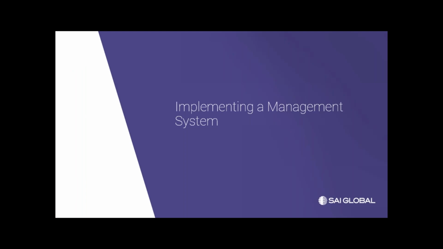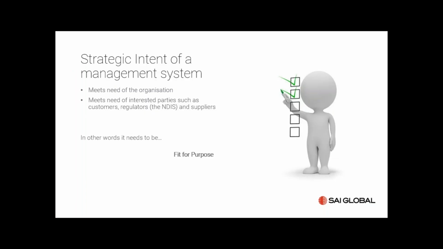Thanks, Marcus. Before we talk about the strategic intent or purpose of a management system, it's probably best to define what one is. A management system can be defined as a set of policies, processes, and procedures used by an organisation to ensure that it can fulfil the tasks required to achieve its objectives. Or it's the way in which an organisation manages the interrelated parts of its business in order to achieve its objectives. Another way to say it is, it's how organisations ensure that things get done.